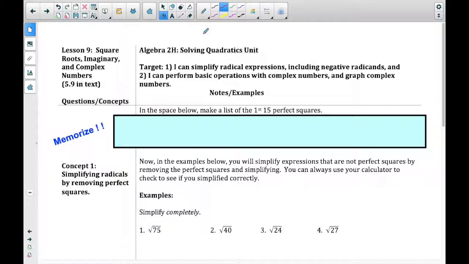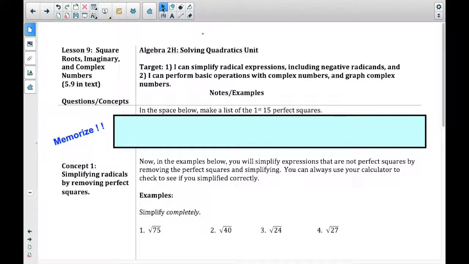This video is going to cover simplifying radicals, including how to find the square root of negative numbers, which will introduce the concept of i, or imaginary numbers, and then solving some equations that involve using i. The first thing that we want to talk about is